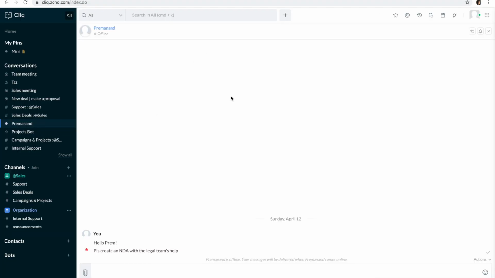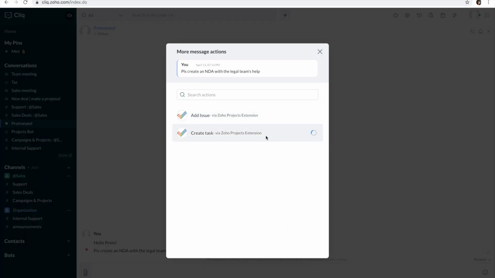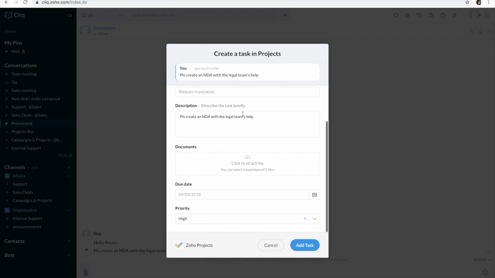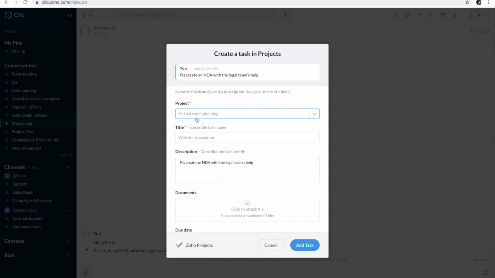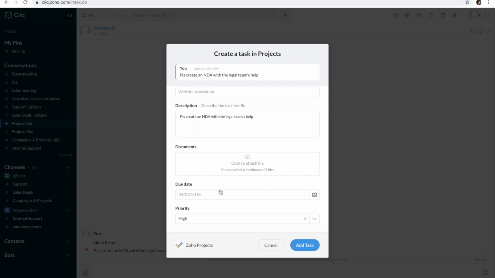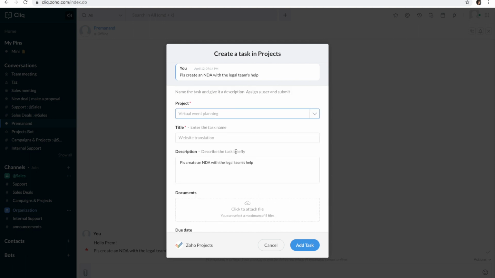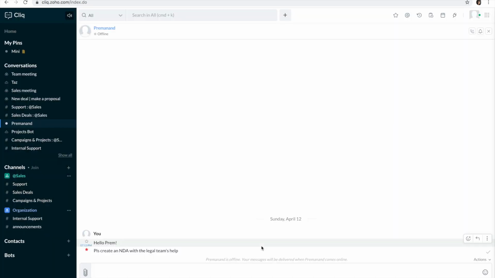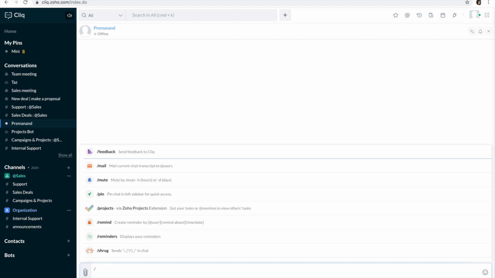particular project. So I have my chat window with a colleague open here. Now here I've mentioned we need to create an NDA with the legal team's help. I can immediately turn that into a task by just clicking this here, going into more and creating a task and adding everything right here. You'd be able to choose the title and what the priority is, due date, and map it to the correct